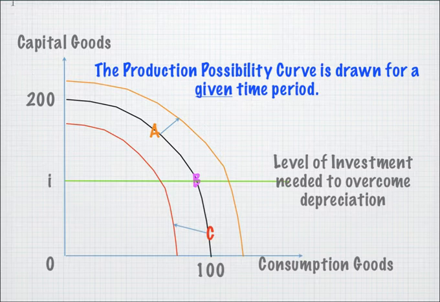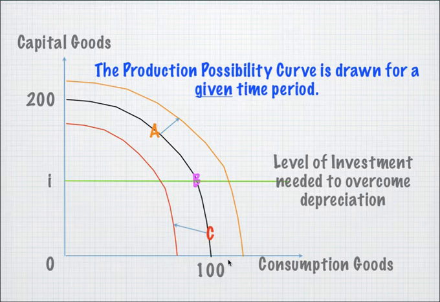And on the y-axis, we have capital goods. Capital goods are basically machinery, factory. It's the same as the capital that I mentioned in resources. And consumption goods are like your iPads, iPods, or your food, water, anything that you will consume right now. So the economy basically faces the trade-off between capital goods and consumption goods, since we are given a pool of resources and can only choose to make this many